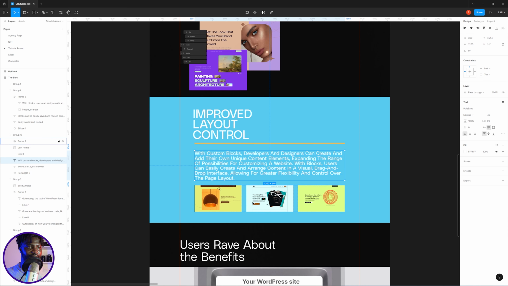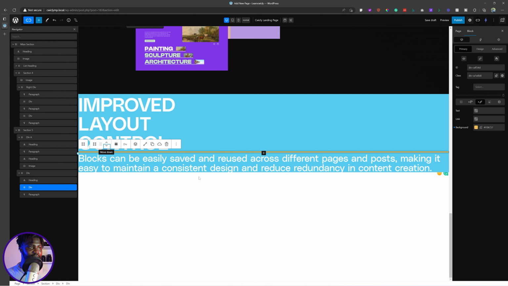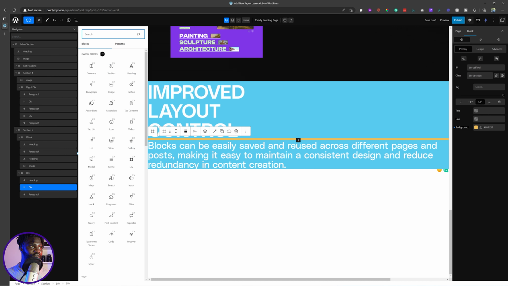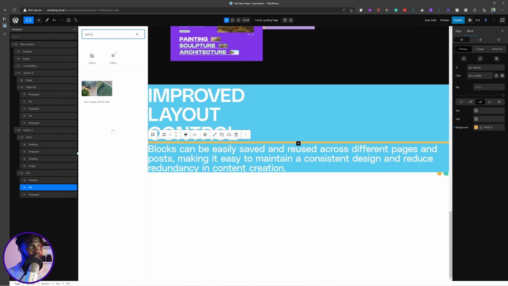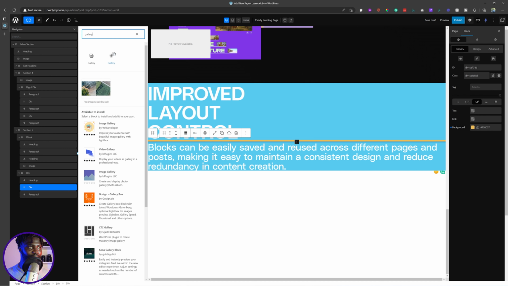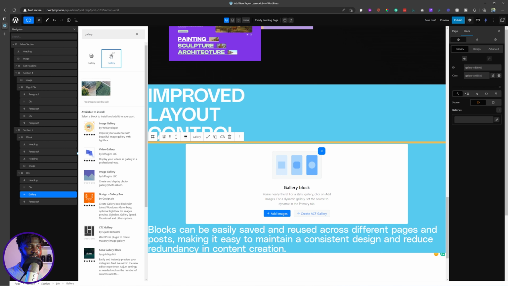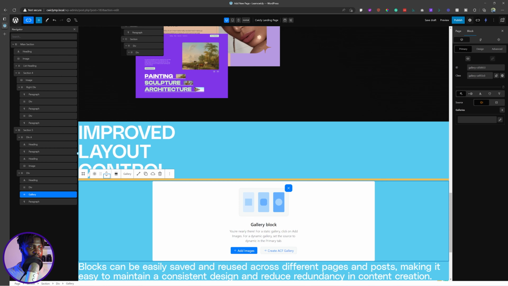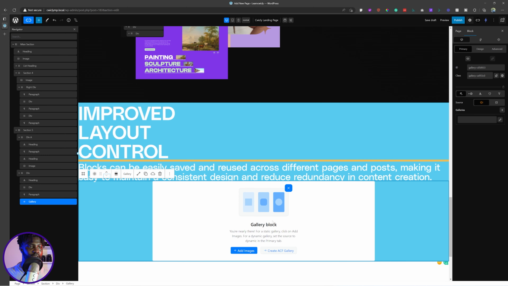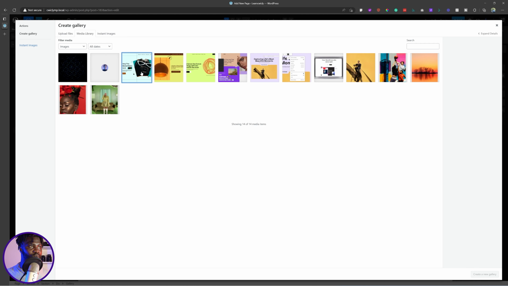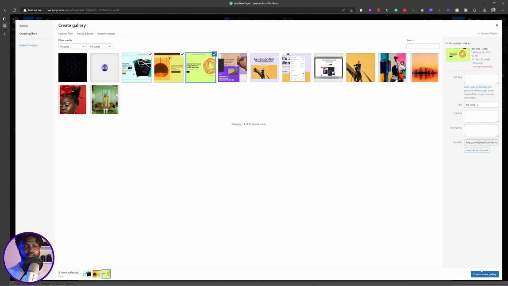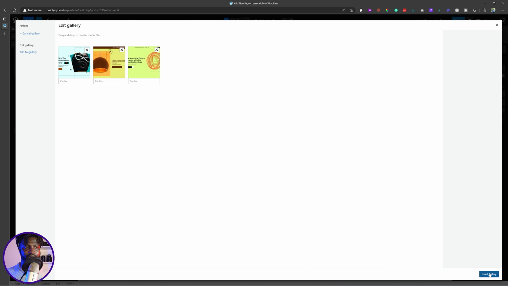All right, the next thing that we have is a list or a gallery. So I'm going to click on the green and then type in gallery. Make sure that you choose the right gallery, the one that has the sign on it. So gallery, make sure gallery goes down. And then you're going to add images. So give me just 1, 2, 3. So 3 images, then